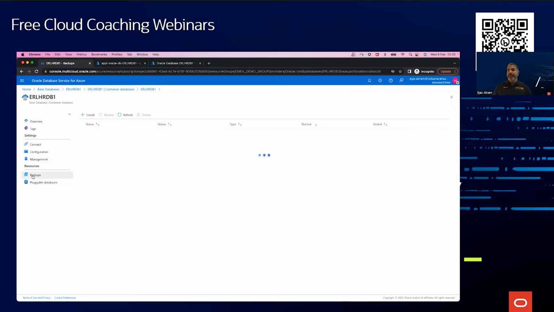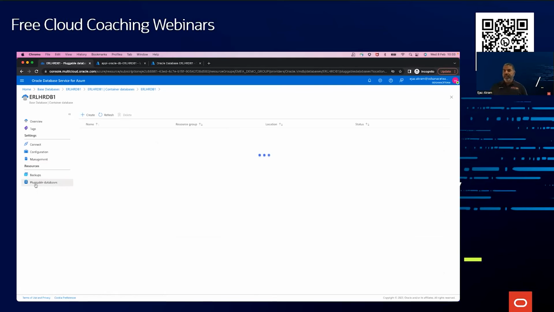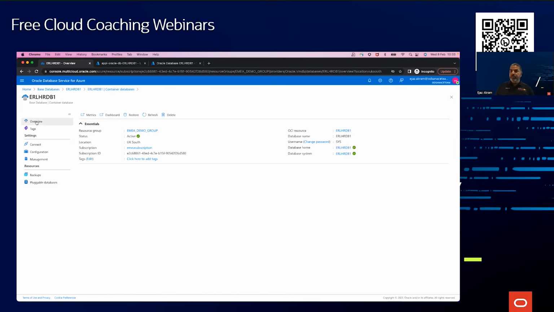You can see the backups which have already taken place, and from here you can pick and choose if you want to restore any particular one. And finally, you will see a list of pluggable databases which are within this container database. So I'm going to go back to the